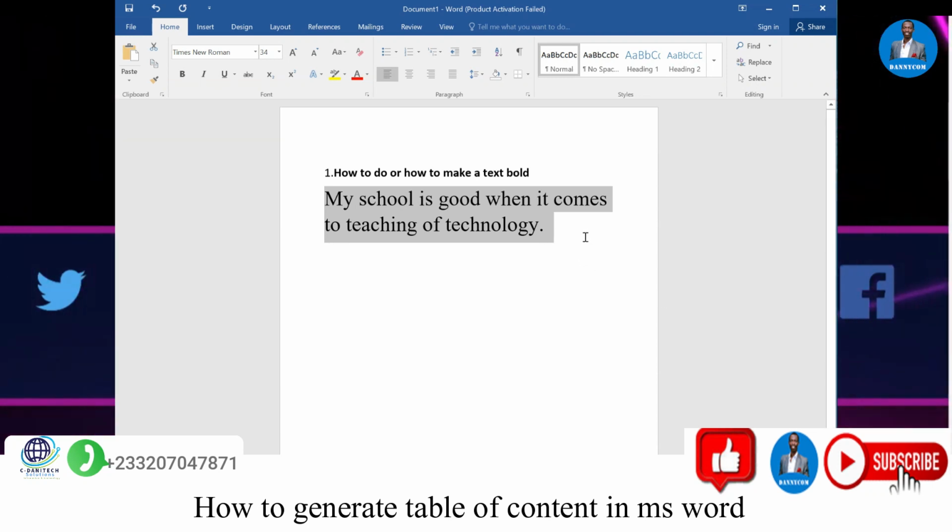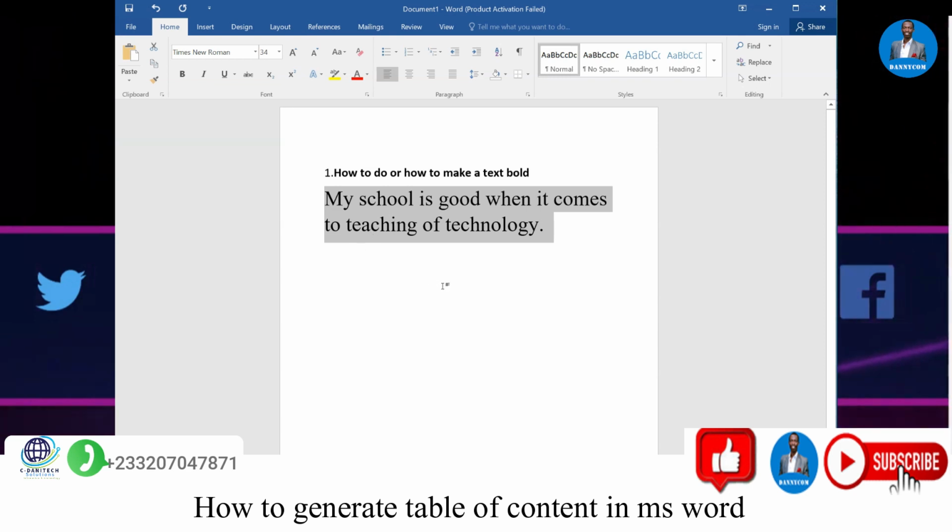And so we have learned two things for now: how to bolden your text, or how to make the text of your document be in a bold state, and then also how to change the font style and the font size of your document. So now you know how to make your text bold, and also how to change the font style and the font size. So we will quickly go straight to the next